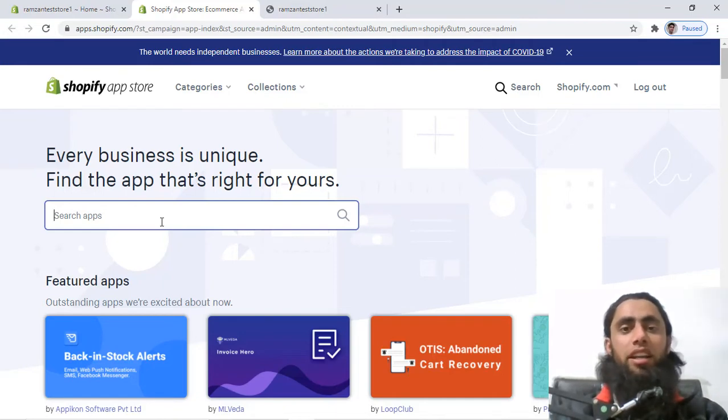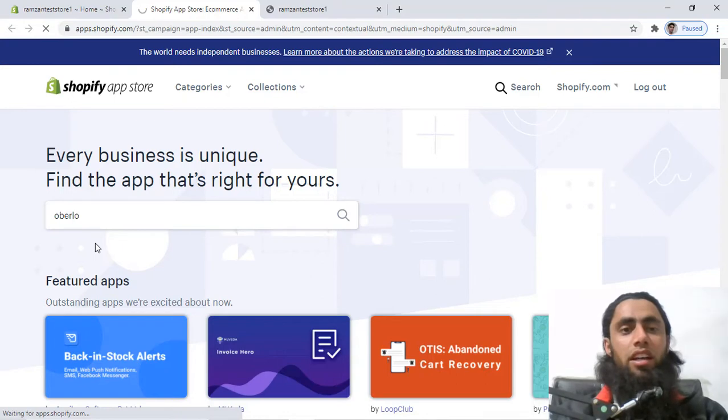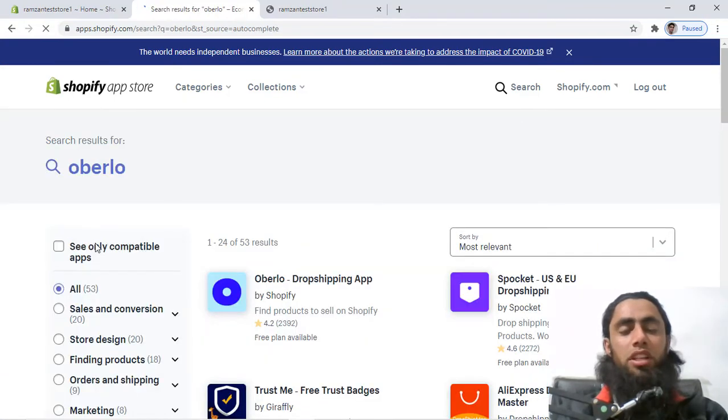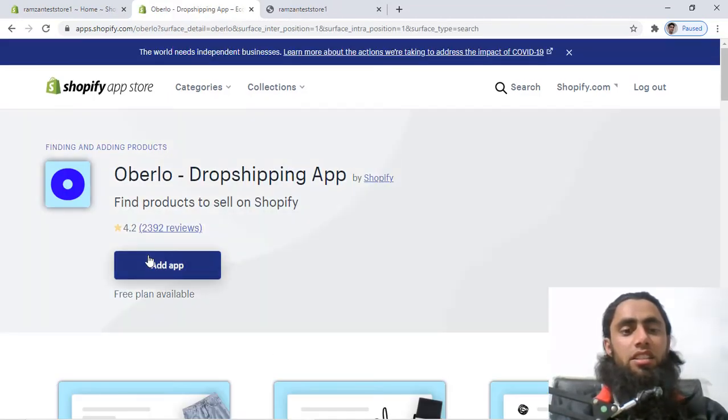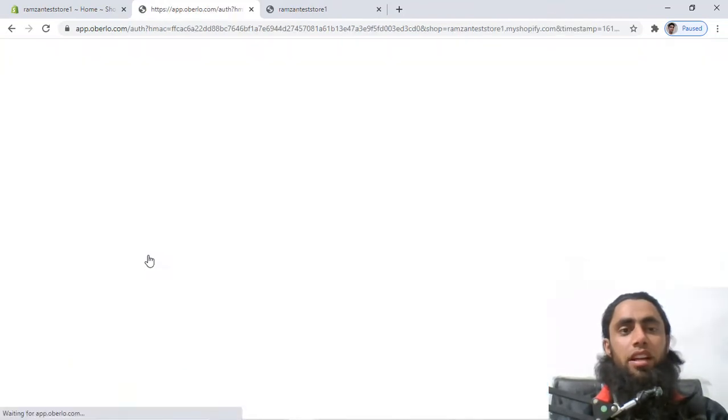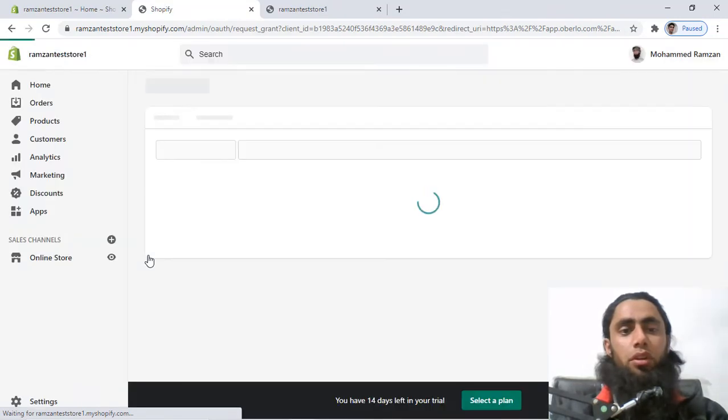You have to keep in mind that you have to do all those stuffs. That is really simple, one step, and you should follow that. And then after, you should search here for that specific app. I'm interested to install Uberlo, so you have to click over it, and it would be searched here, and you should install it into your store. So here is the Uberlo. I have clicked over it, and then here is the option of add app. You should click, and then after, you will be redirected to your Shopify store.